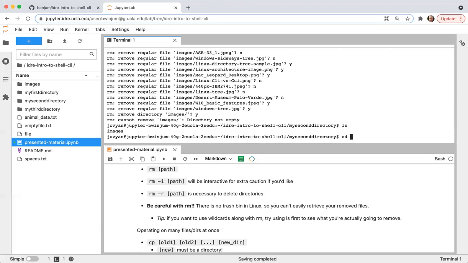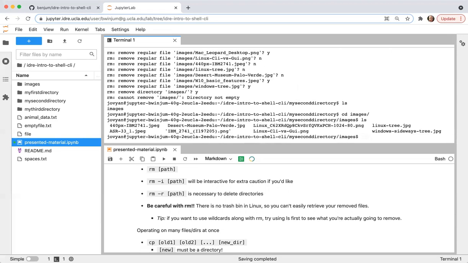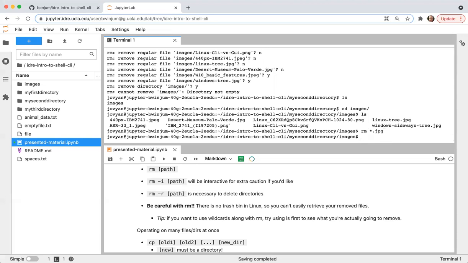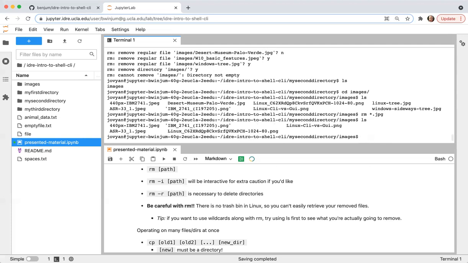Say I go into images and I see that there are PNG files and JPEGs. Say I want to use a wildcard to remove everything that has the JPEG suffix. Well, I can do that, that's fine. So now it's removed all of those files that have .jpg.